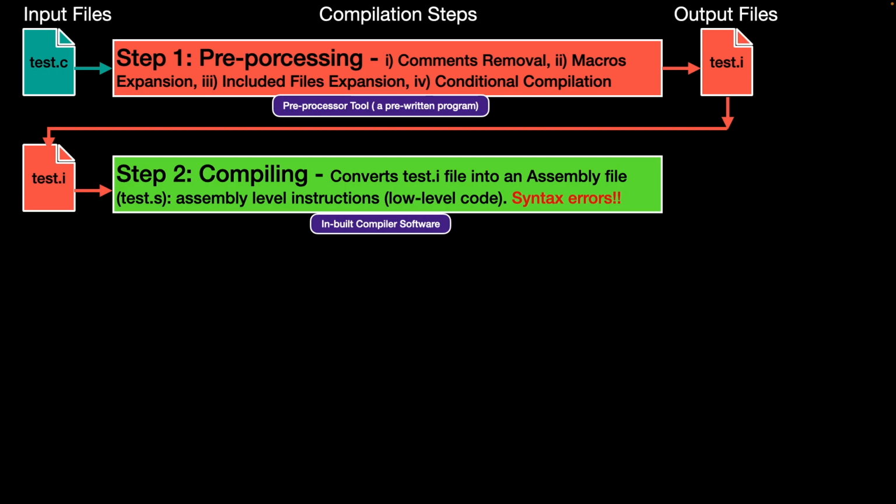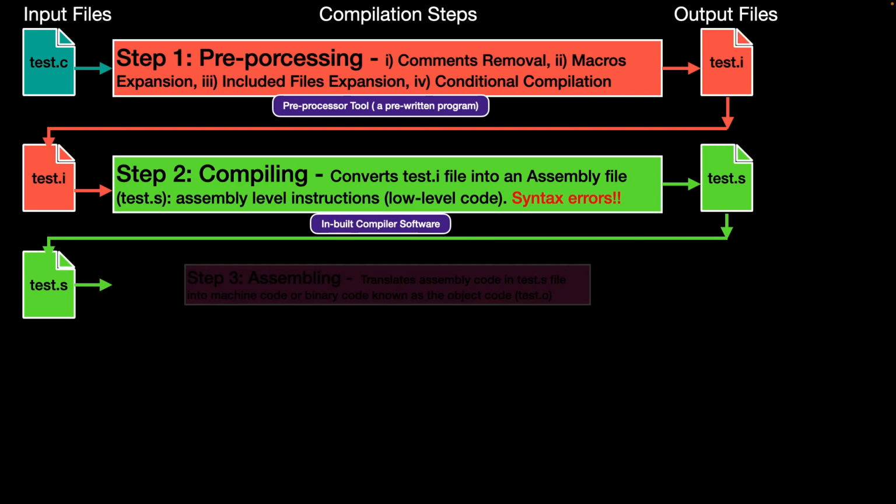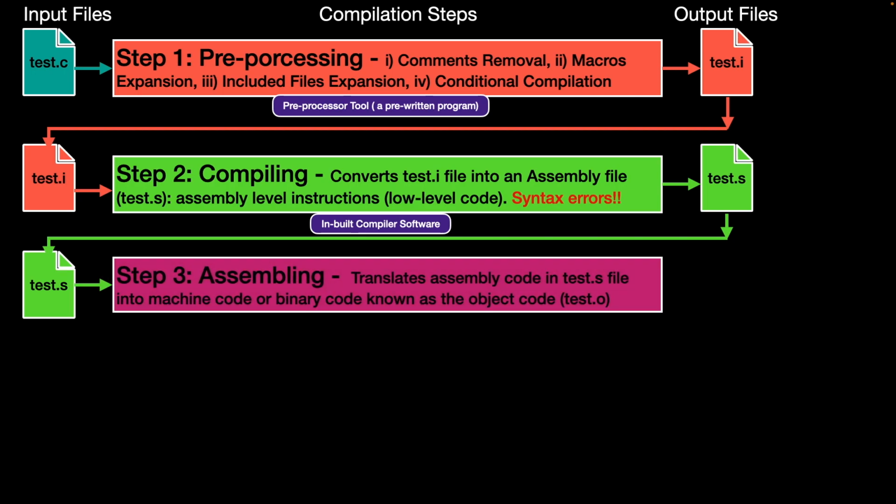In this step, if there is any syntax error, it can be displayed through the command line as well. The compiler generates another intermediary output file which is test.s,